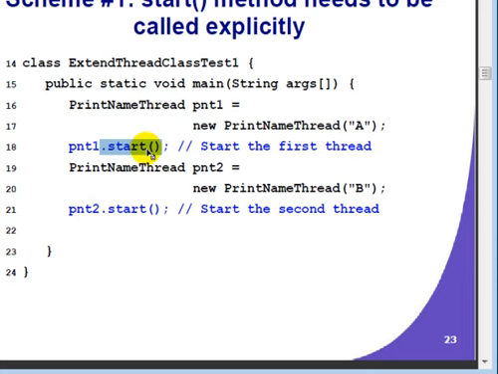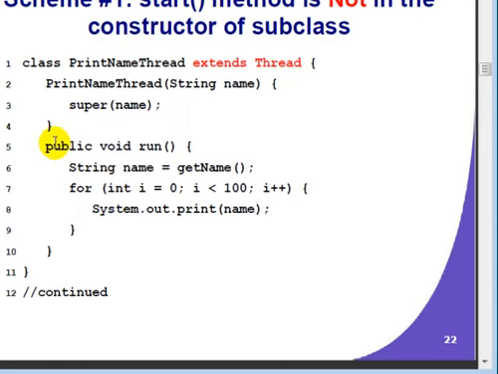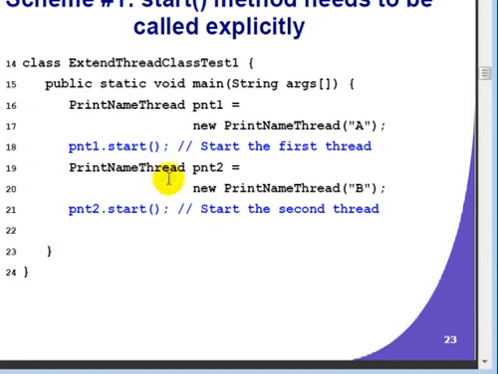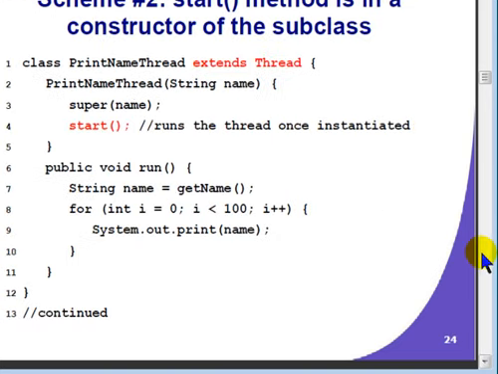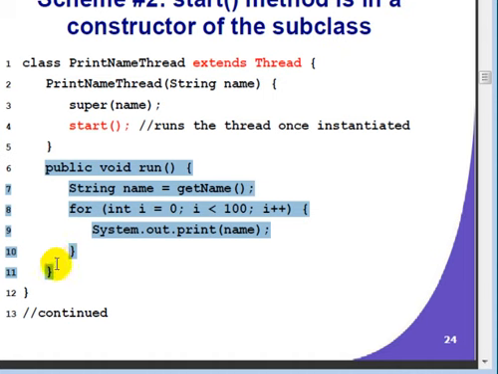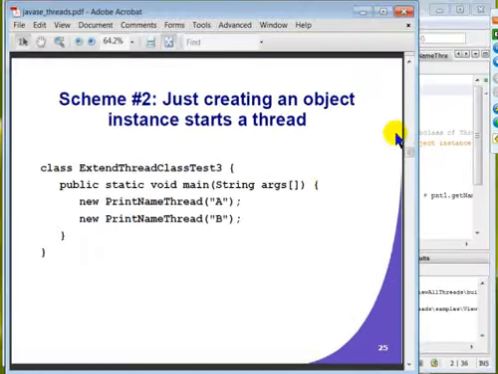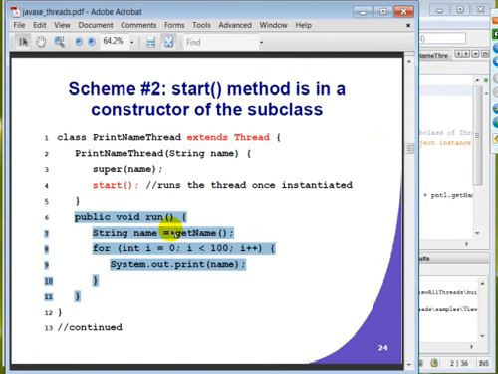And when I call the start method of this subclass, the Java runtime will execute the logic defined in the run method. Same thing here. I'm creating a second thread, and then I'm calling the start method of the subclass again. The second thread is going to run this. So now when I run this application,